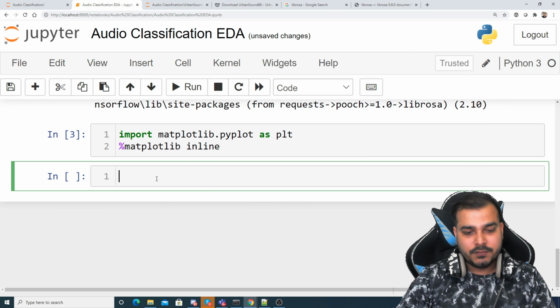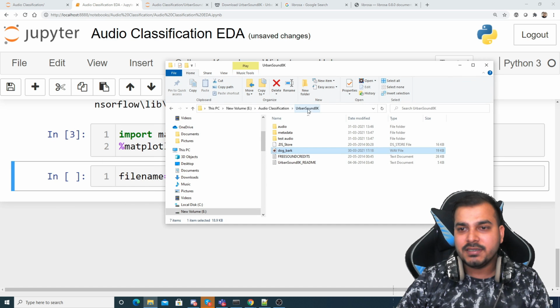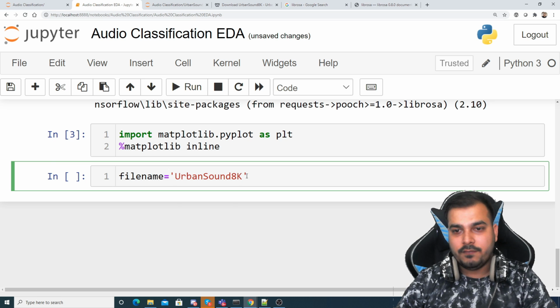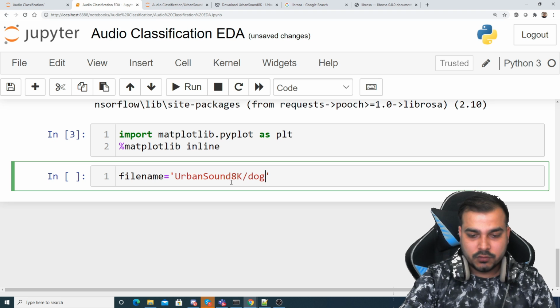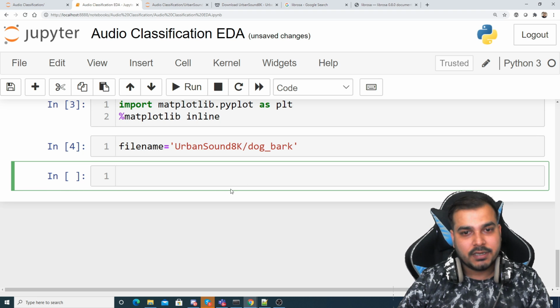First of all, I'm going to write filename is equal to my file name. My file name is inside urban sound 8k. Let me just copy this, urban sound 8k. This is my folder name, and inside this I'm going to use dog_bark. So this is the file name that I'm going to use.